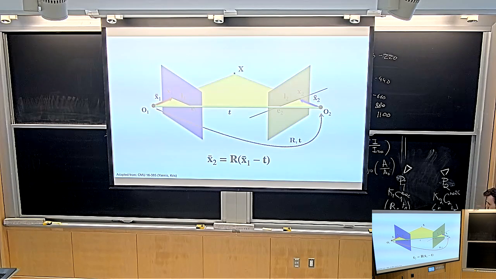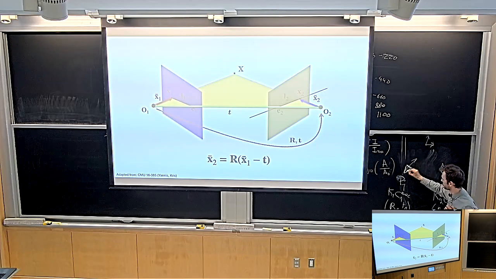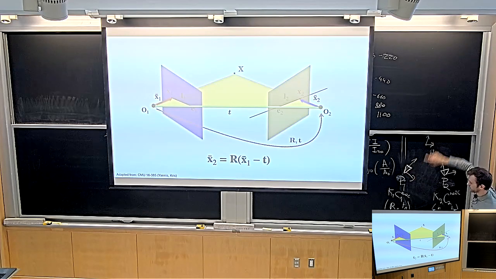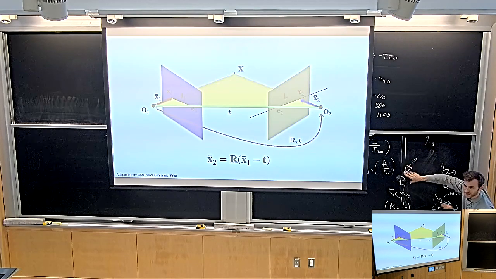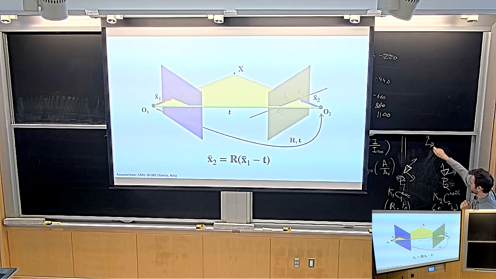Like in this case, it's all 2D, I haven't assumed any coordinate. So maybe the coordinate frame is here. And then in fact, this is one coordinate frame of this camera. This is one coordinate frame for the other camera, right? So rotation 1 is just this rotation here, rotation 2 is just this rotation here. And then you have the two translations of the camera origins relative to this world coordinate frame.